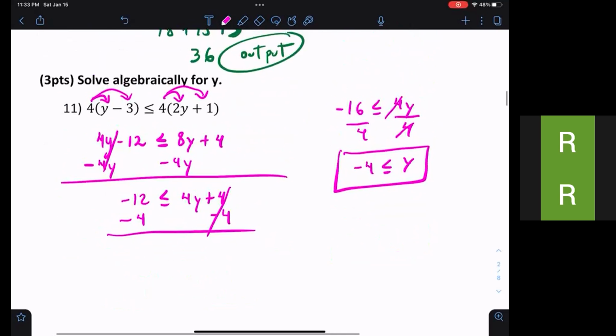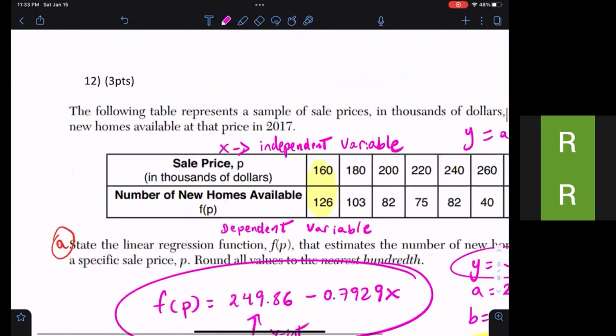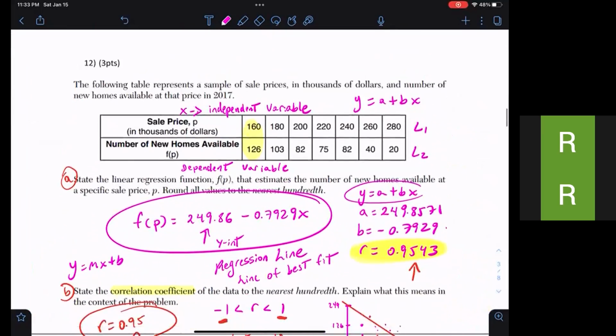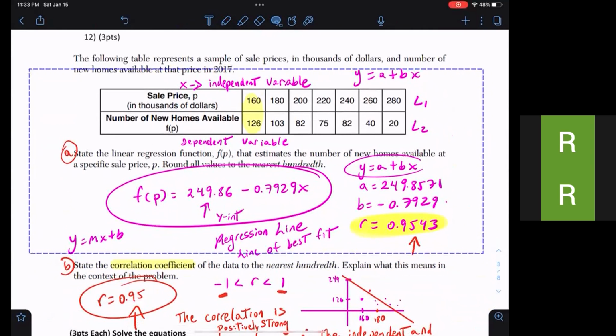Treat it like it is an equation. Think like that. Okay, here this is a lot of calculator. Because they allow you to use a calculator, that's not too difficult for you to do the